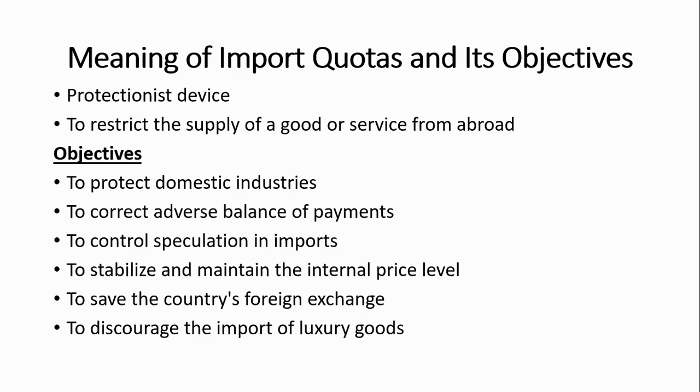Then the next one is to control speculation in imports. Then the fourth objective is to maintain or stabilize our internal price level in our home country by regulating our imports. The next one is to save our country's foreign exchange resources